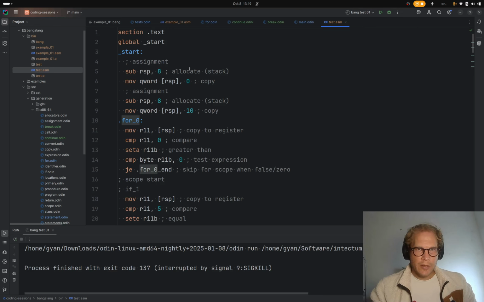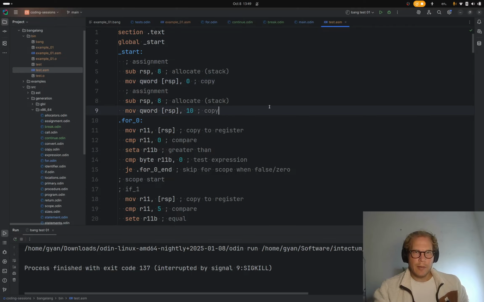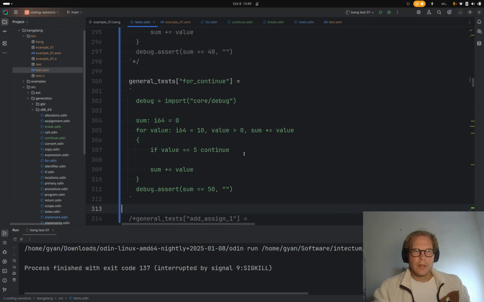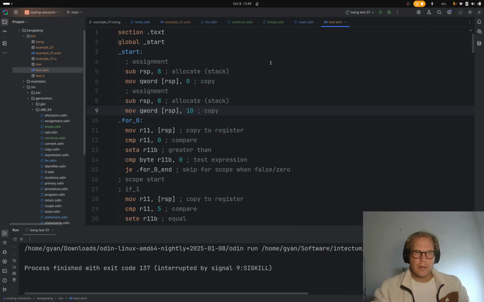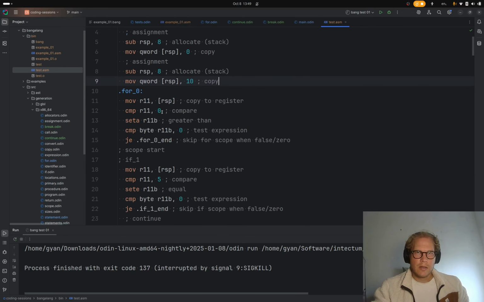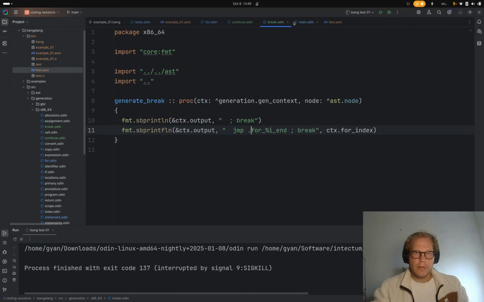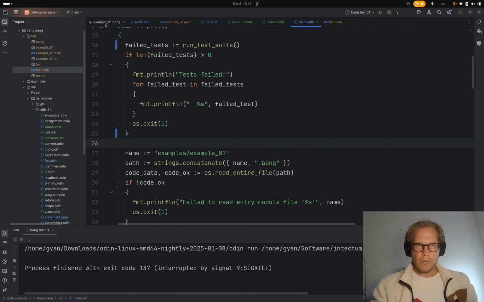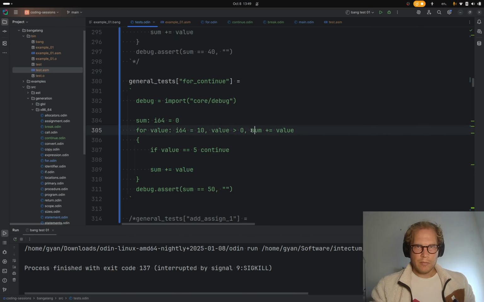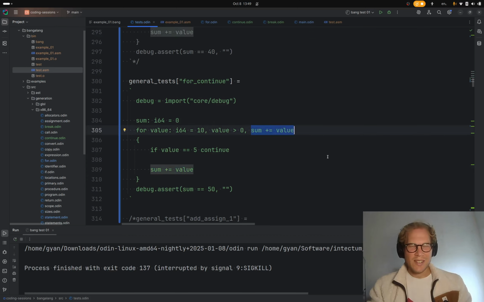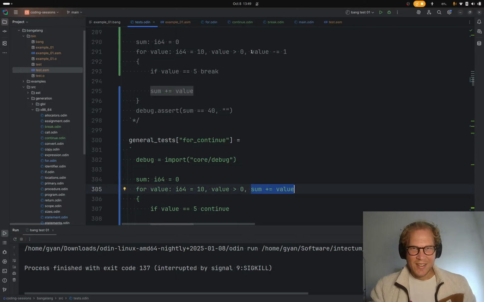So where's our allocations? Here's two allocations right at the start, 0 and 10. Yeah, that makes sense. 0 and 10. So it's adding that to that. I feel like that's not right, actually. Oh. Wow,